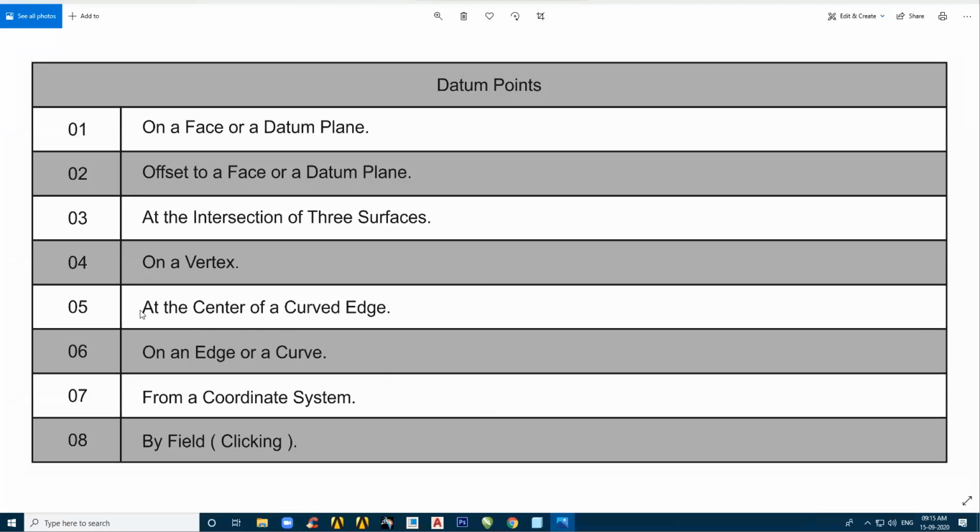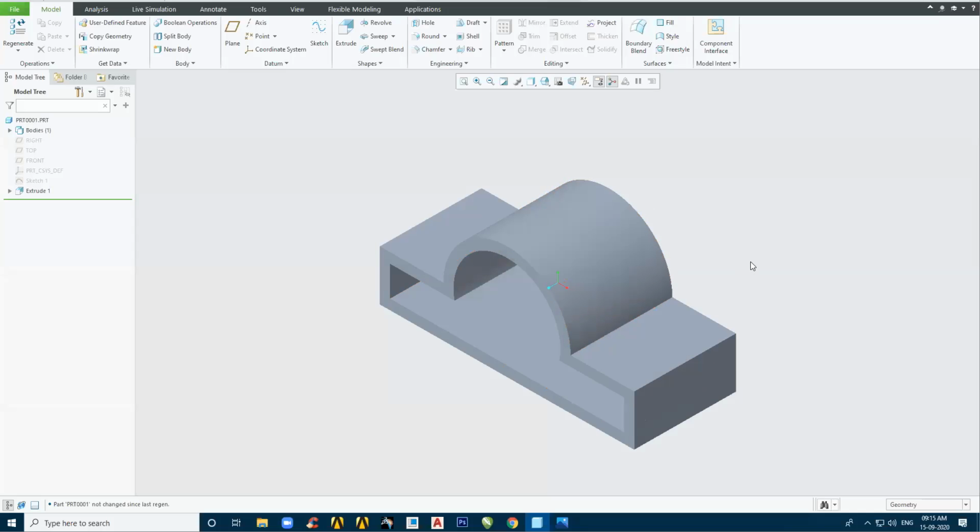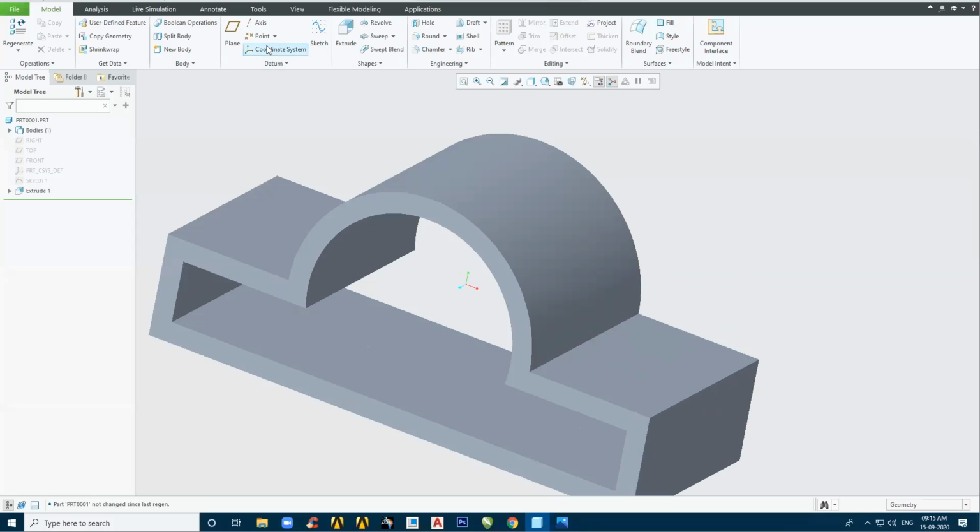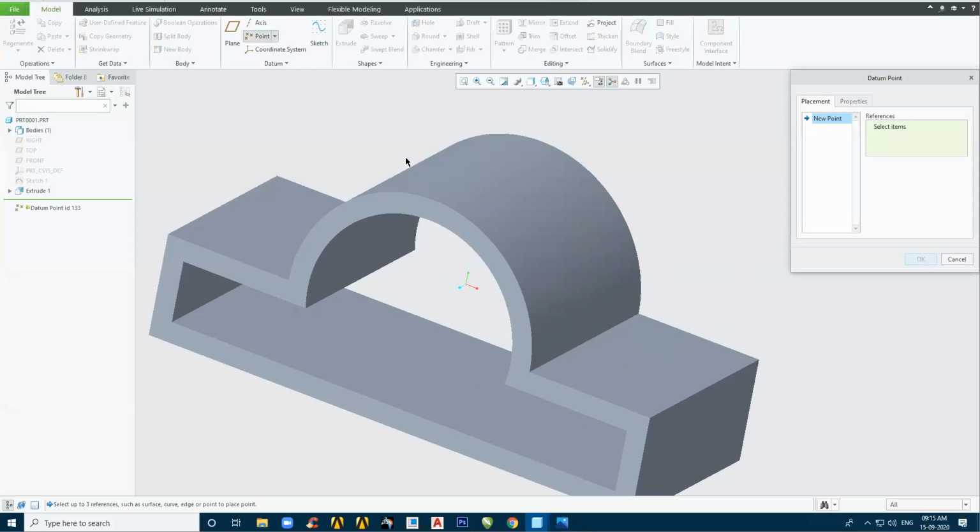Next, at the center of a curved edge, guys. Okay, so now what I need to do is give the point command. I will select the curved edge.